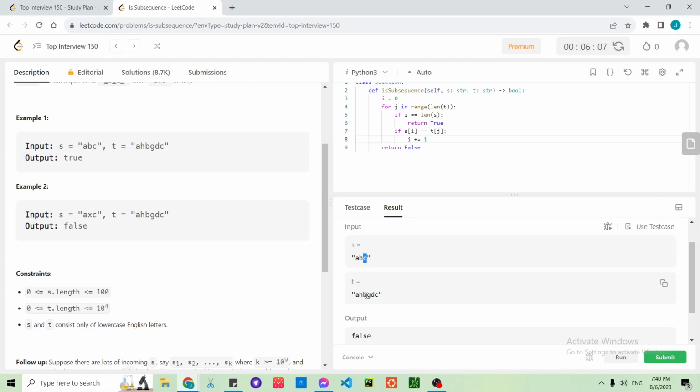Okay, so I is 2. That's not the same, not the same. Now I is 2. Oh, I see. I is 2. J is 5. They are the same. I plus. We still need to do it like this. If I